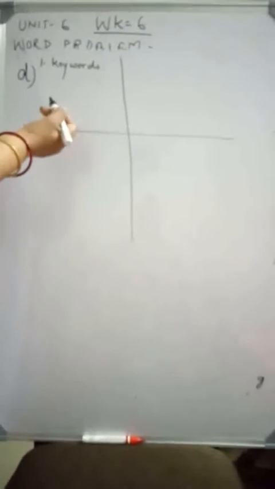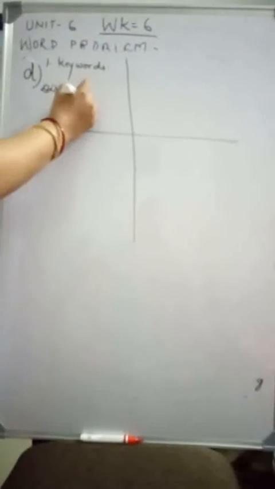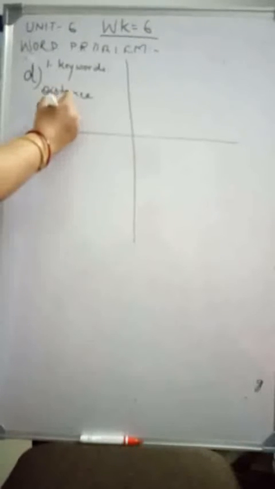The keyword is Amit travelled a distance of 15.55 kilometer. If he travelled 12.400 kilometer by bus and the rest by scooter, find the distance covered by scooter. So here the keyword is distance covered by scooter. In order to find out distance covered by scooter, you have to do subtraction. So planning, what planning you will do?